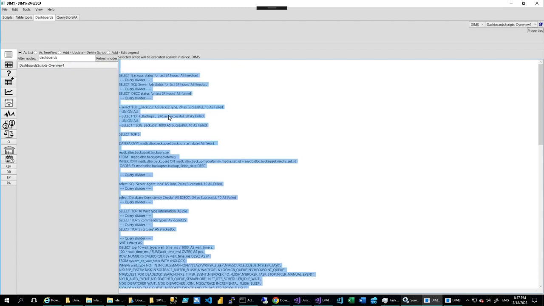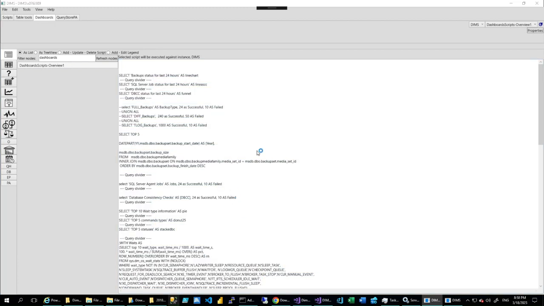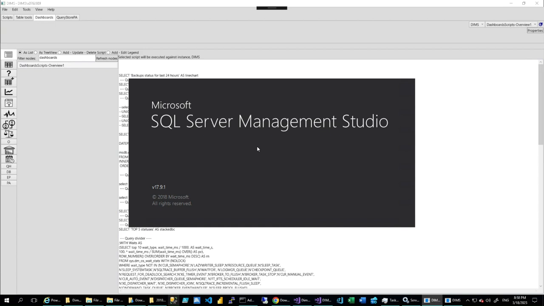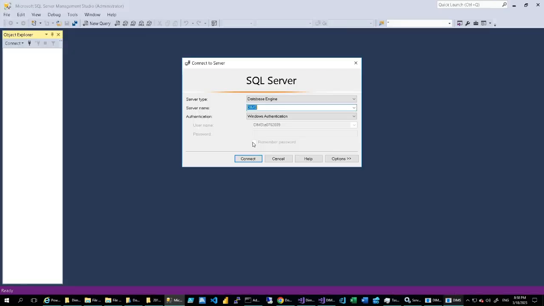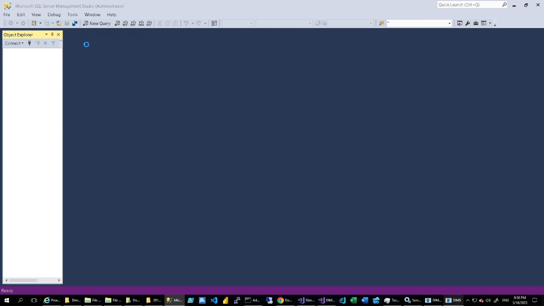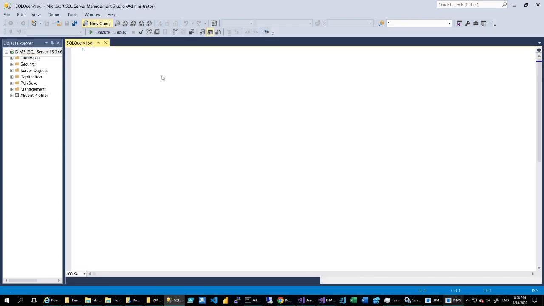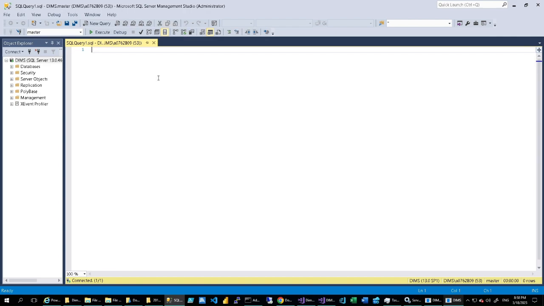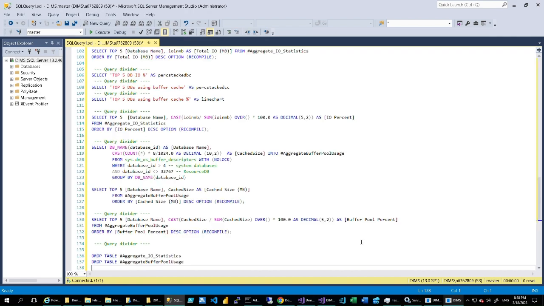Control A, Control C. We'll put it in SSMS. I hope it will load nice and quick in order to see it properly, and we'll take the query from some queries that will generate in this application, paste it here, and after that we will save it to the other one. So connect, new query, okay, and